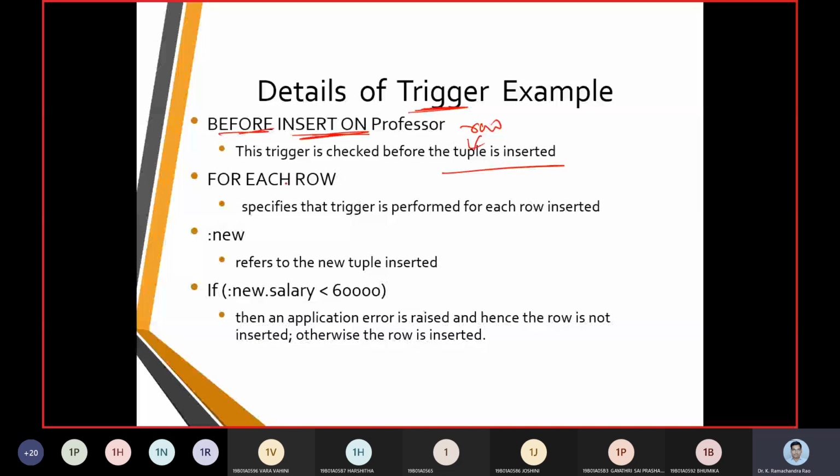One, we call it the event; two, the condition; three, the action. The trigger is going to be invoked automatically, checking when an event should happen. The event can happen before or after, whether it is before insert or update, before update or insert, before or after delete. So all these three items are going to be pursued.